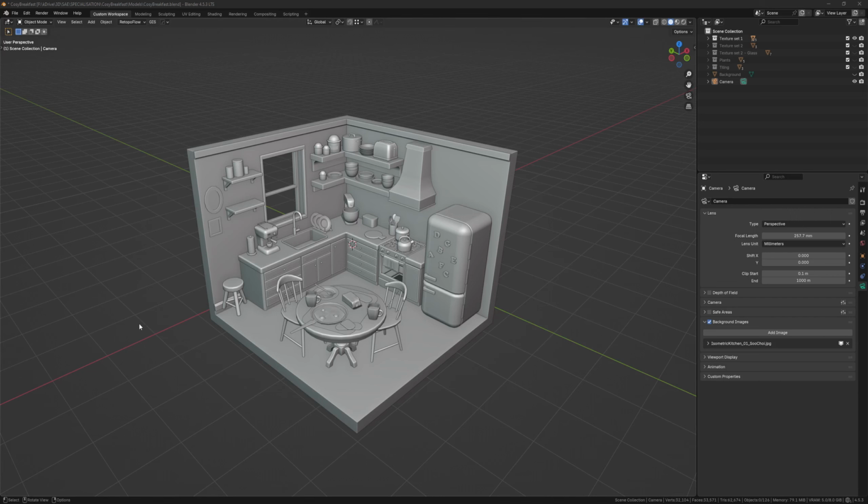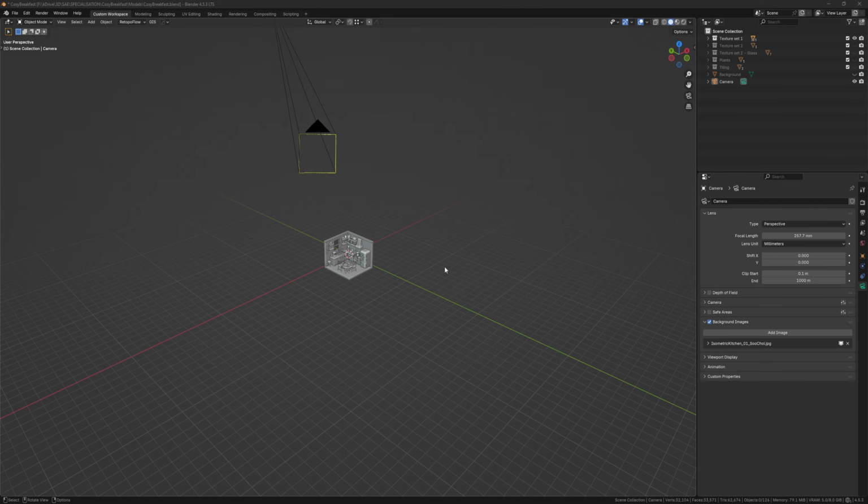Hi everybody, welcome to this video where I'll show you how to export a camera from Blender to Unreal to make sure you have the exact same position and framing to render your scene in Unreal the exact same way as in Blender. So to do that, you have to set up your camera in Blender, which is what I